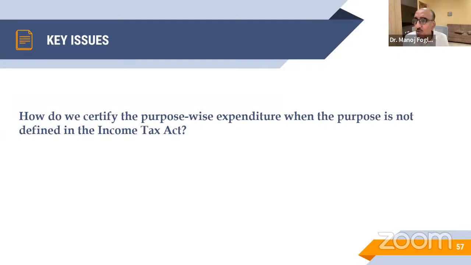So for an educational institution, we have more or less clarity about what is an educational institution. Relief to the poor, medical, etc., there could be a lot of overlapping. The auditor can take a judgment. The organization should follow a policy on why they treat the various types of activity under a particular purpose, and